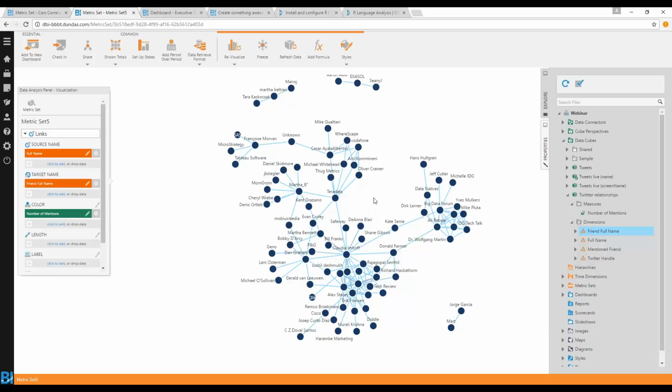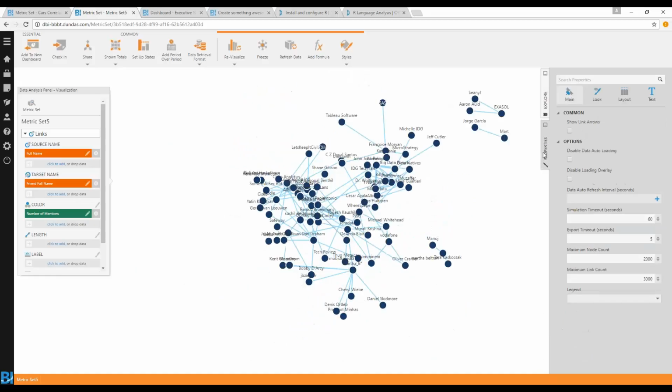So you can clearly see the different clusters of people that have been formed, who's most influential, who has more mentions, and if you take a look at the center, you can see which of these people is the most influential and which is the actual driving force behind the analysis that you have done. And if you want to see the strength of the relationships, maybe you want to highlight which of these are strongly related,